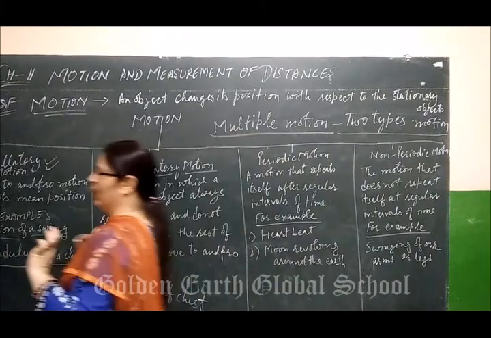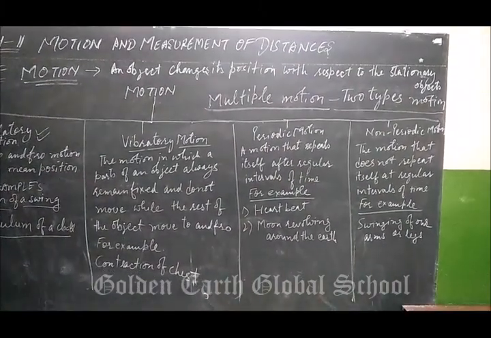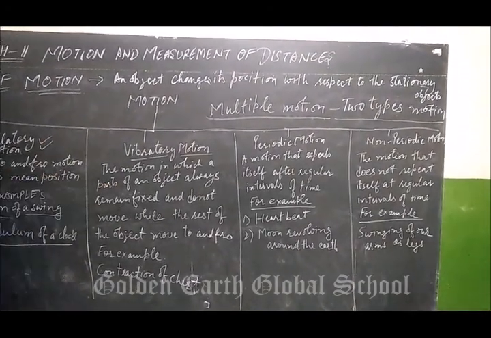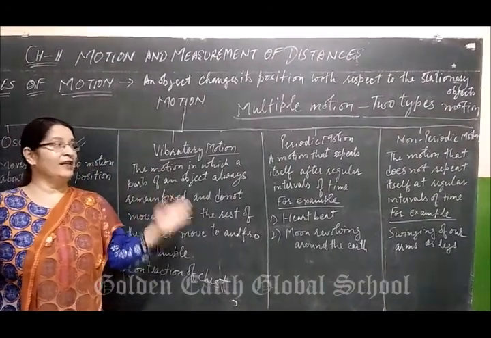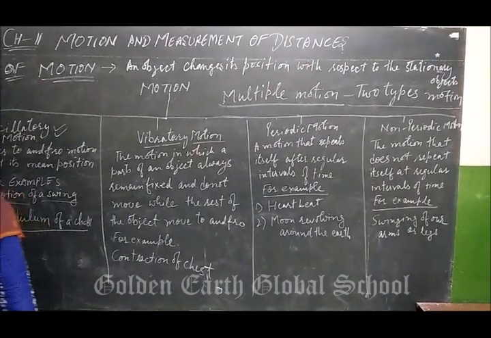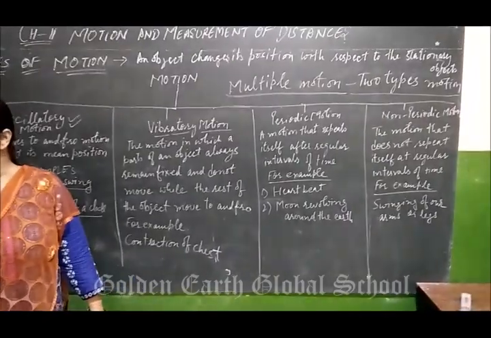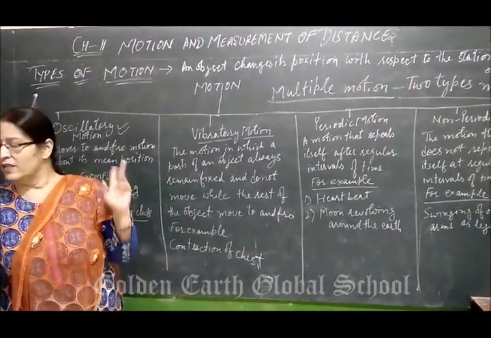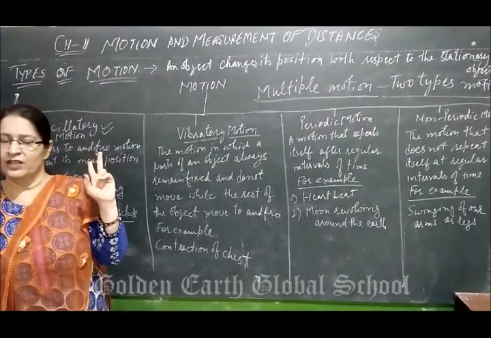For example, you are riding a bicycle. The wheel of the bicycle shows rotatory motion, at the same time your body is showing rectilinear or curvilinear motion. Last example is Earth rotating about its axis and revolving around the sun in its circular path. Means it is also showing circular and rotatory motion. Understood?